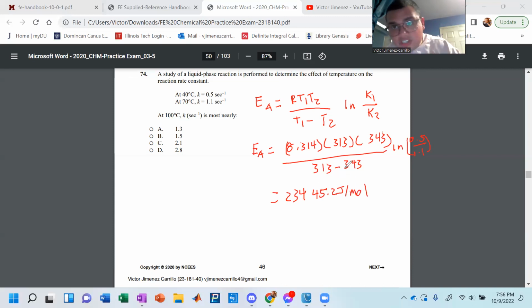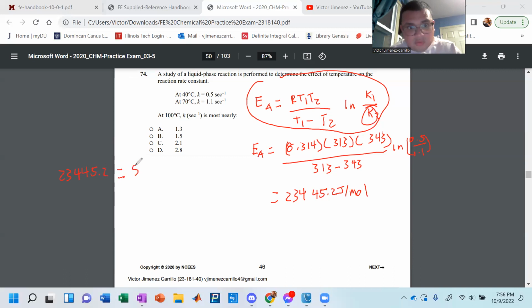Now you're going to use the same equation to relate K1 and K2 for 70 and 100 degrees, which is the whole reason we solved for EA. Now we can solve for K2, using this same equation, and the only difference is that you're going to solve for K2. So it'll be 2, 3, 4, 4, 5.2 equals 8.314